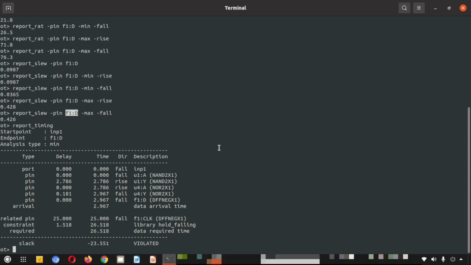So this way you can traverse along a timing path and get all the data, and then you can think upon the data where you have to modify to root out the violation. So this was the analysis part of the static timing analysis. That is how you analyze. And now let me clear the screen.